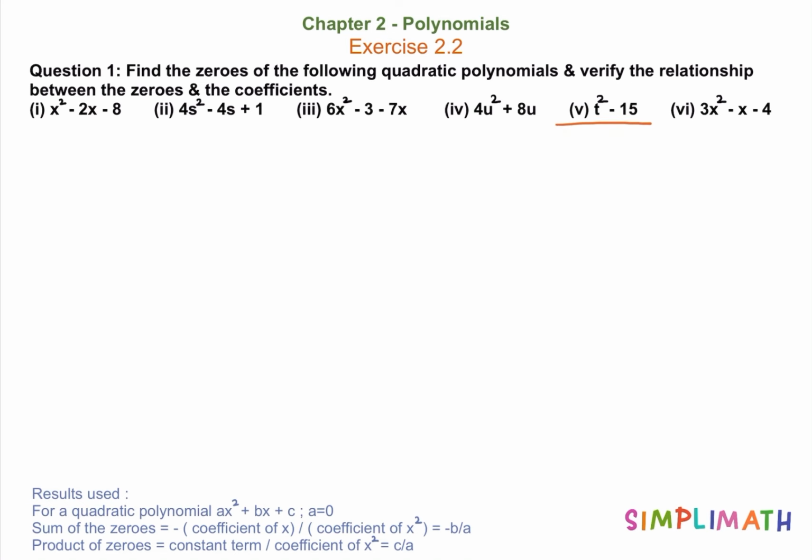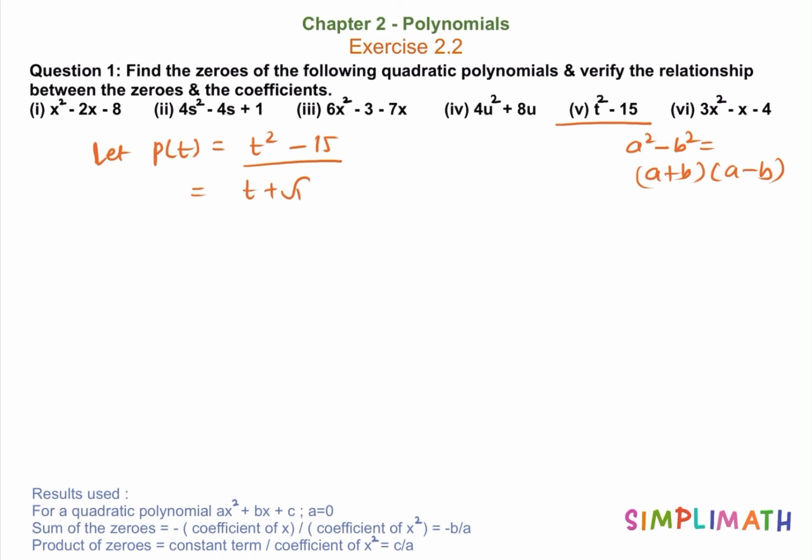Now let's come to the fifth part. Let p of t equals to t square minus 15. Now we know that a square minus b square equals to a plus b and a minus b. So we can write this as t plus root 15 into t minus root 15. So I can say we can find the zeros of the polynomial p of t if p of t equals to 0, that is